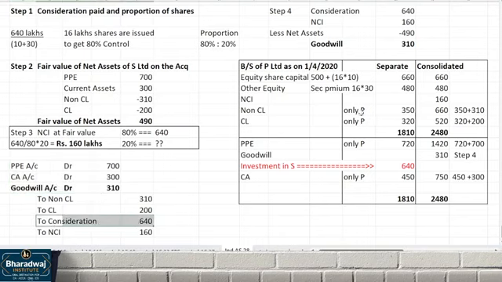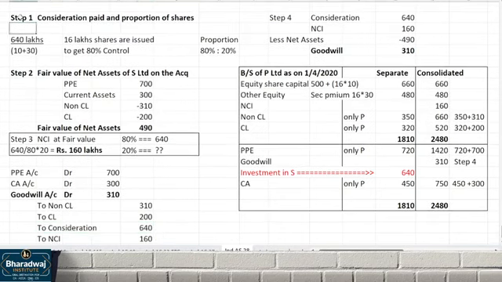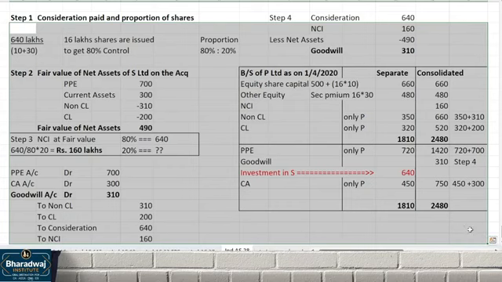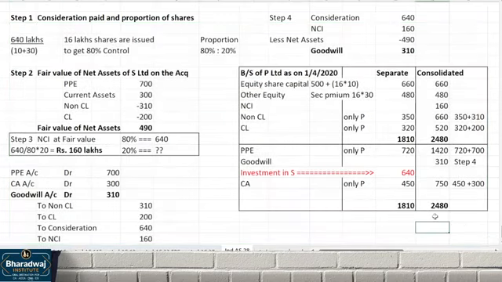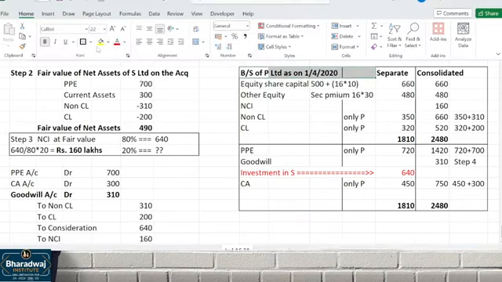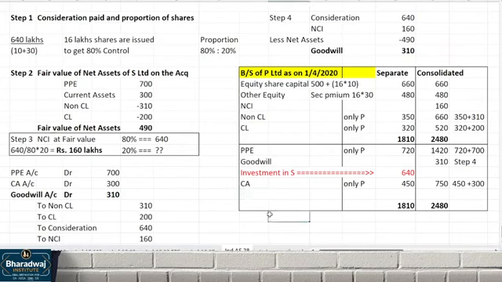Consideration account debit to share capital, to securities premium. Please remember all these consolidations we did at the beginning of the year, not the end of the year. This is on 1/4/2020. This is on what date? 1/4/2020. Maybe the next entry, maybe like